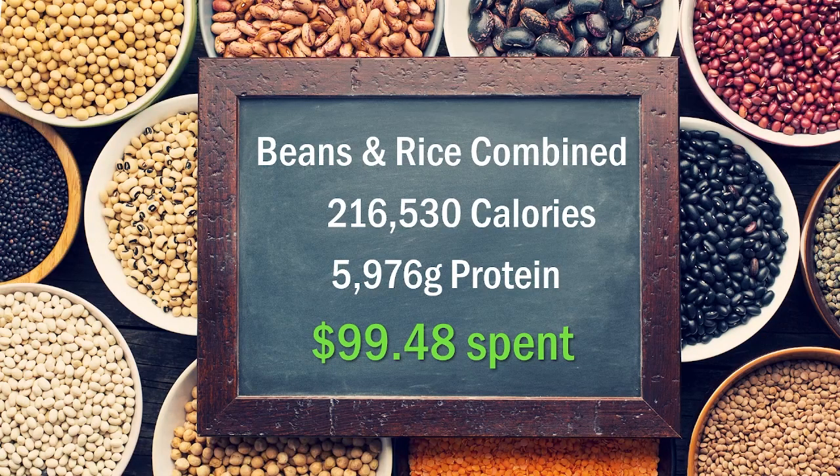So when you add up all the beans and all the rice that I bought, we've got 216,530 calories. That satisfies the minimum 216,000 calorie requirement for my family for 30 days. And we've got 5,976 grams of protein, which is well in excess of the 4,950 gram minimum that my family needs. And I've spent